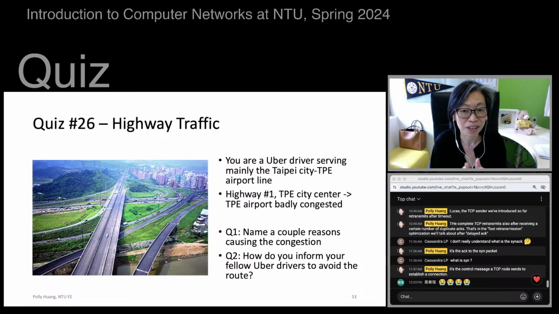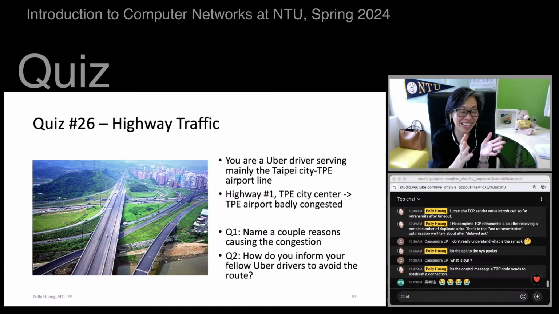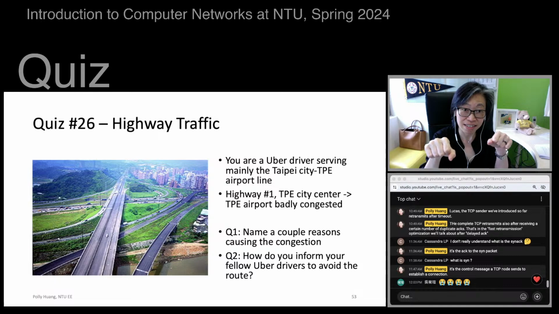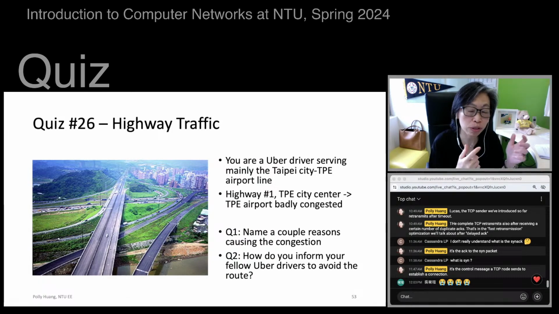Good. So that was a little bit sidetracked, but it's very related to the technical issue we are talking about. You can relate. Let's see how the internet addresses congestion. Then maybe you can address your congestion issue of using your time. So quiz 26.